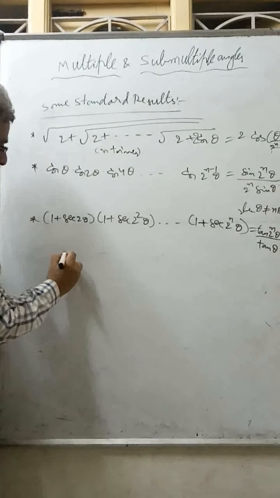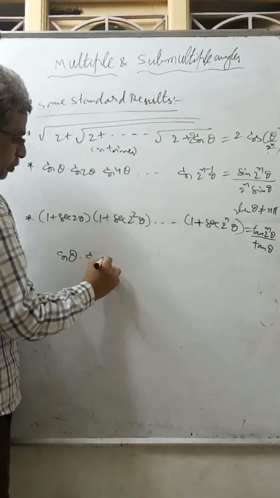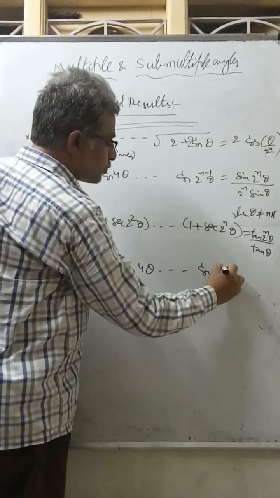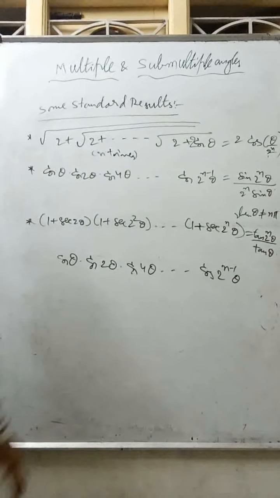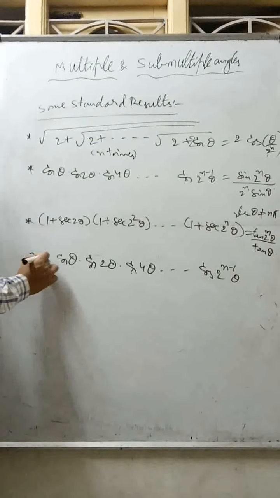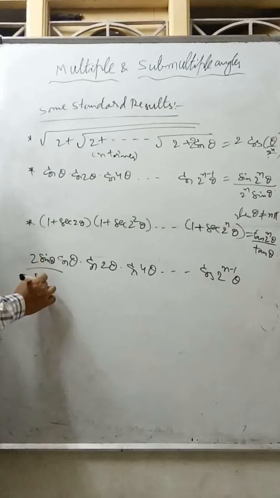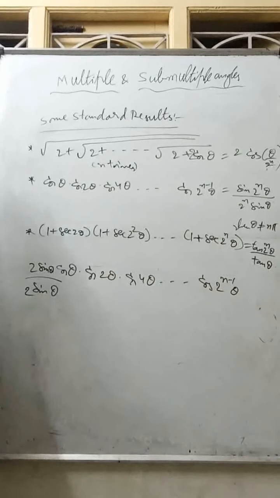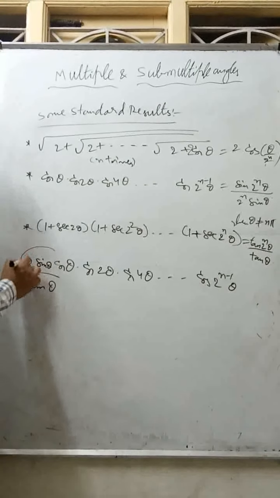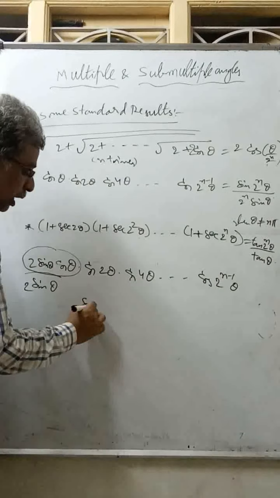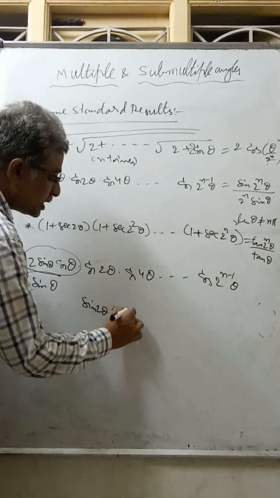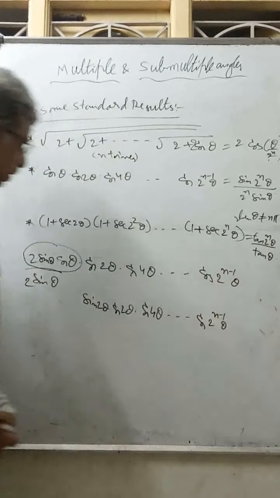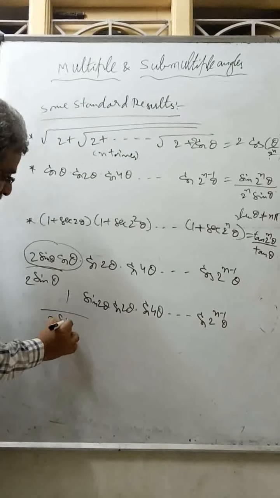Similarly this also we can prove easily. This is a very important proof: cos theta into cos 2 theta into cos 4 theta and so on up to cos of 2 power n minus 1 theta. If I multiply both numerator and denominator with 2 sin theta, the value will not change. The 2 sin theta cancels, and what is left out is the given LHS only; I am not changing the given LHS. Now 2 sin theta cos theta becomes sin 2 theta. So sin 2 theta into cos 2 theta into cos 4 theta and so on up to cos of 2 power n minus 1 into theta, and here left out is 1 by 2 sin theta.